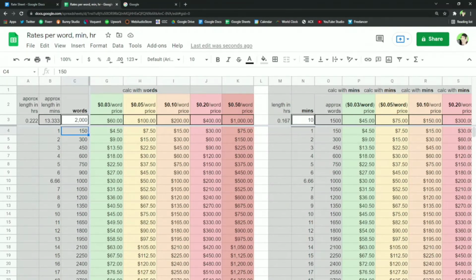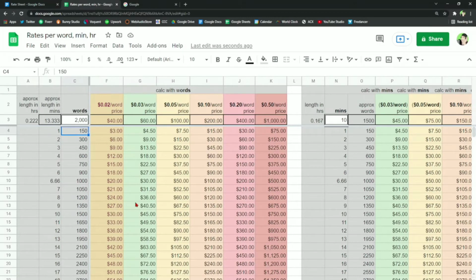So I said, okay, what if we make it, and this is as low as my rate sheet goes, so I had to make extra columns just to figure this out. What about 2 cents a word? $40. That's still too much for this guy. He says that if I'm saying I can read 2,000 words in 10 minutes instead of 13 if I read it fast. And it's for a YouTube video. A lot of YouTube videos, they need you to read a little bit faster and more excited and that kind of thing. So, okay, so 40 is too much for him.